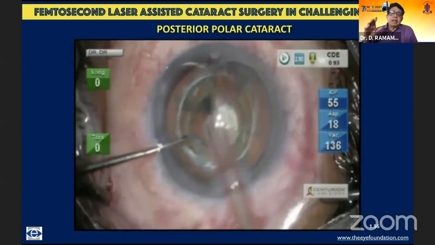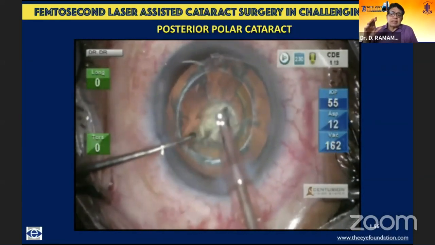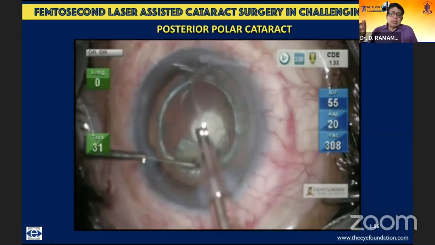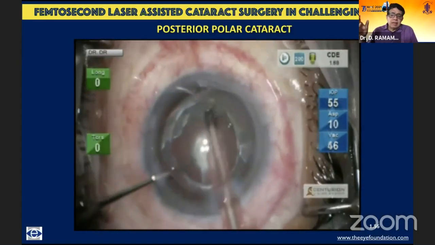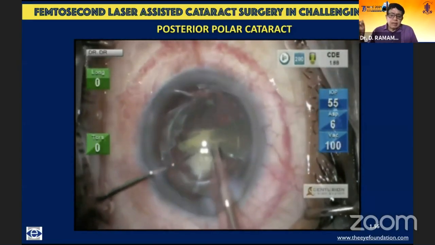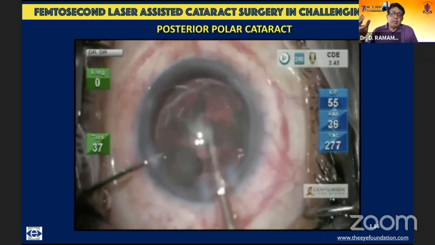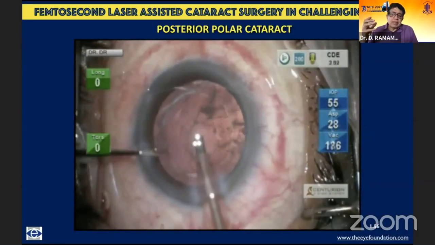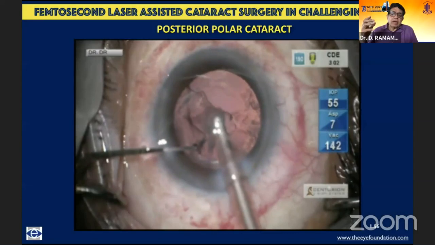And once you have debulked much of the capsular bag, in case some of the nucleus or cortex is stuck to the capsular bag, it's even possible to go ahead and do a certain amount of hydrodissection or even viscodissection, because there's no longer any stress on the capsular bag. So this is the way it proceeds. You can see that the posterior polar opacity has also come in. And then subsequently, we go ahead and remove the cortical matter.